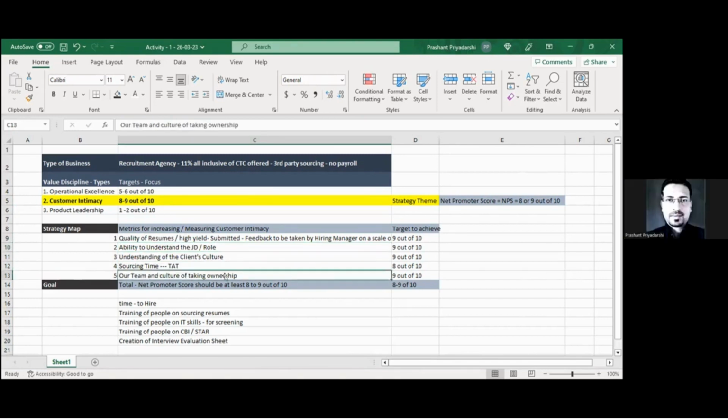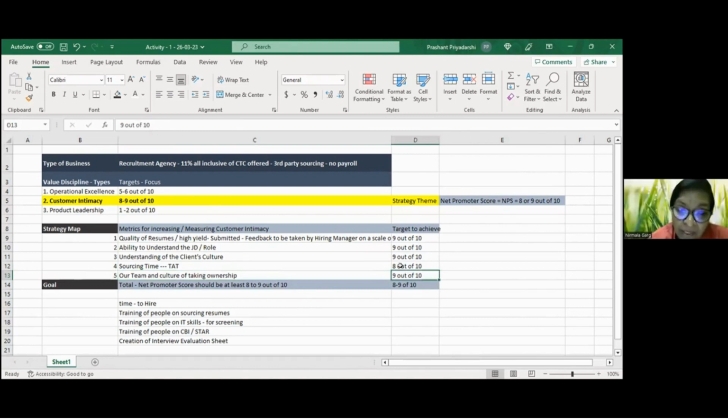And our team and culture of taking ownership. Am I getting you right? Yes, ma'am. Even if Manoj is not there, Prashant is not there, doesn't matter. Anybody from the client side who reaches the team, the team will take the ownership and tell him, and that will become a part of the culture. I will come to that, but could you